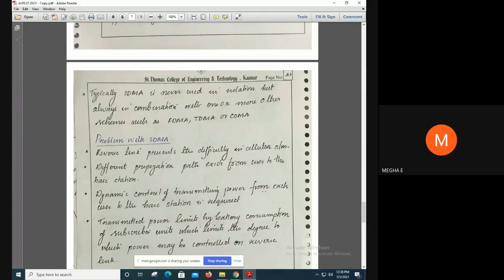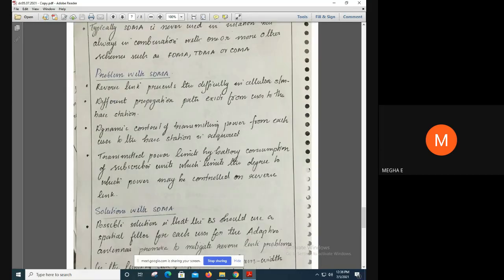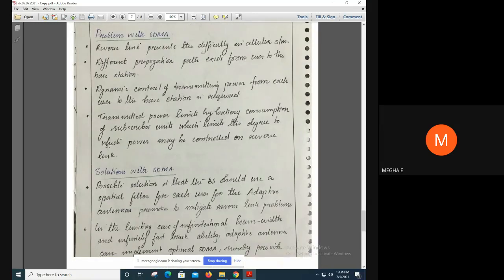The transmitting power limits the battery consumption of the subscriber unit, which further limits the degree to which the power may be controlled on the reverse link.